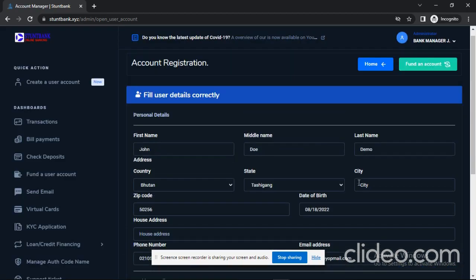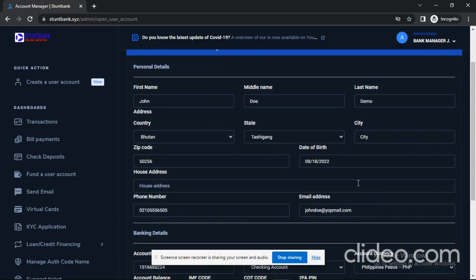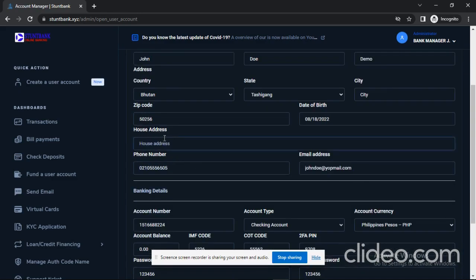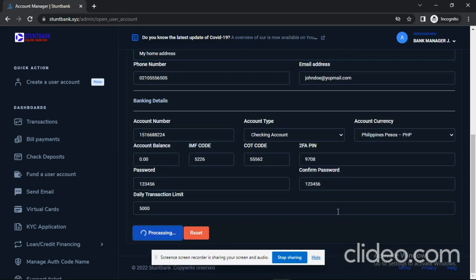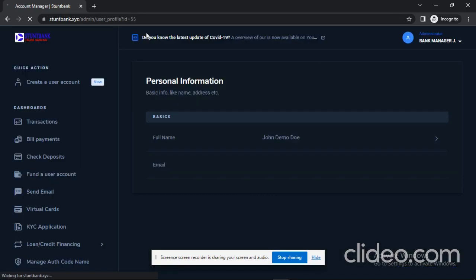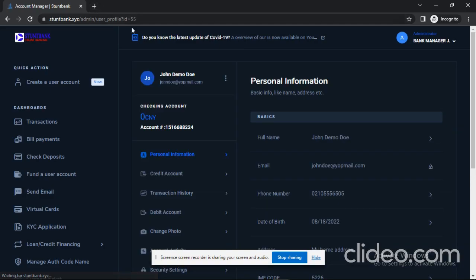All fields are required. What am I missing? Okay, home address, my home address. All right. So we have successfully created this user,